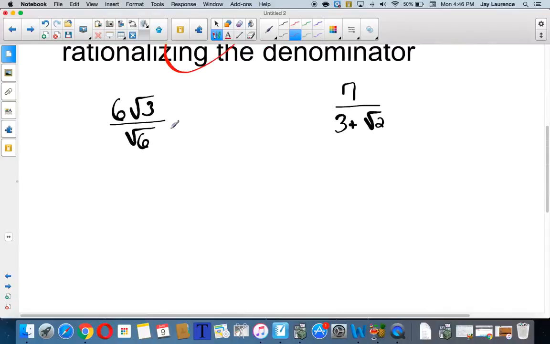All right, we also need to know how to rationalize the denominator. Right now I have an irrational denominator on this problem. I can't simplify these 6's because that's a 6 and that's the square root of 6. But I can multiply by rad 6 on top and bottom here because I'm really only multiplying by 1. And so I'm going to have 6 and then rad 3 times,